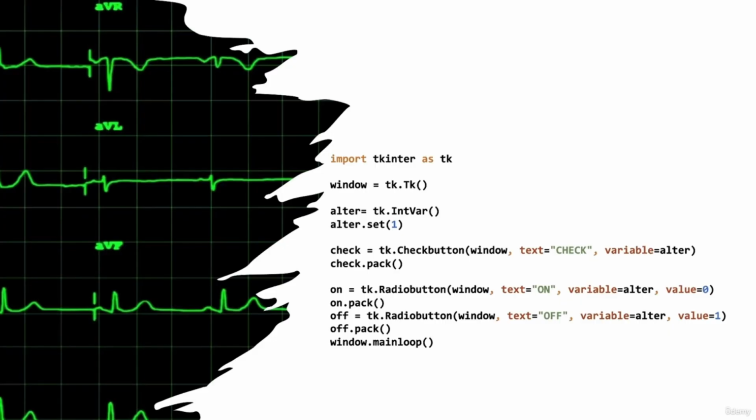In this practical example, you will be introduced to a brand new widget called Radiobutton. And I will also incorporate the Checkbutton widget in order to show how the int_var component works with both widgets. Unlike the Checkbutton, the Radiobutton is a small circle filled with a dot or not. The main difference between the two is Checkbutton works alone,